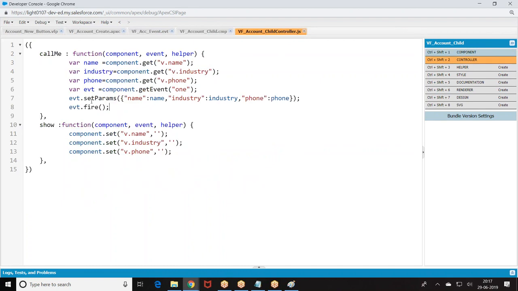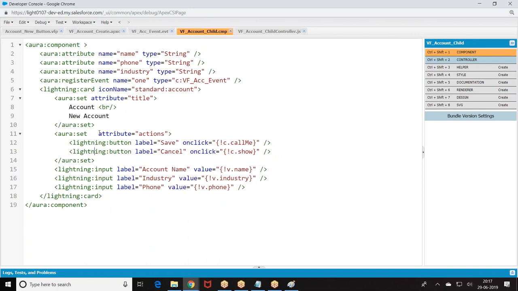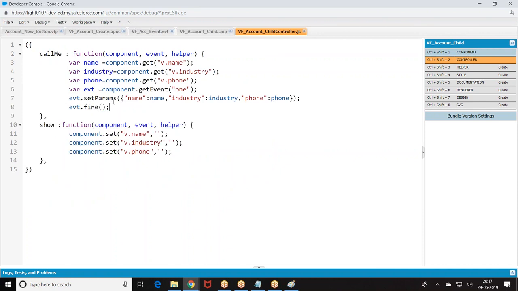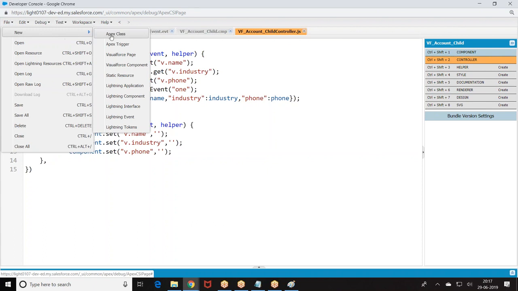Now this component is a child of another component. Basically what this component is doing, after entering the data, if you click on the button, it is reading the value of name, phone, industry and firing the event with those parameters. Now I am trying to create the parent component.